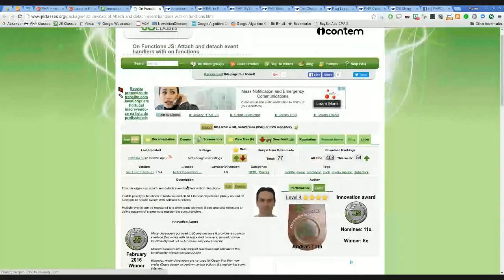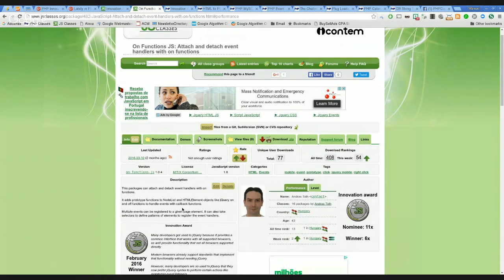Okay, on my behalf, I would like to comment on the remaining package, which is on functions. These are actually inspired by jQuery, but do not require jQuery. So this is interesting, as nowadays we need less and less jQuery. But still, there are many people that use jQuery because they like the plugins. Anyway, these on functions are to